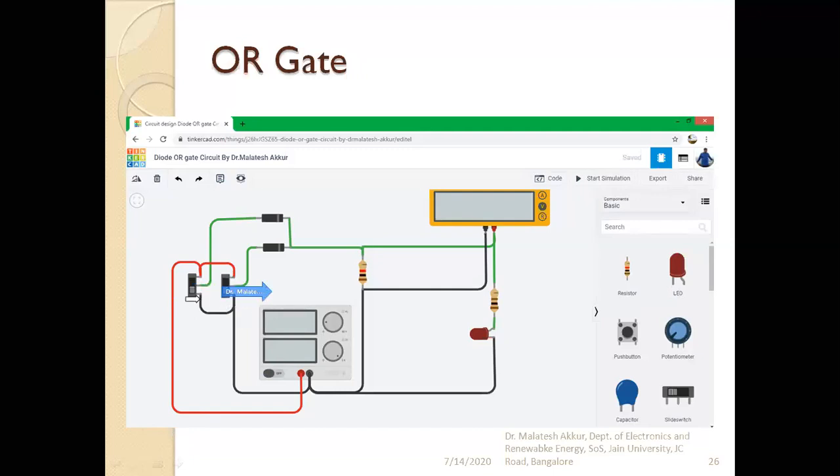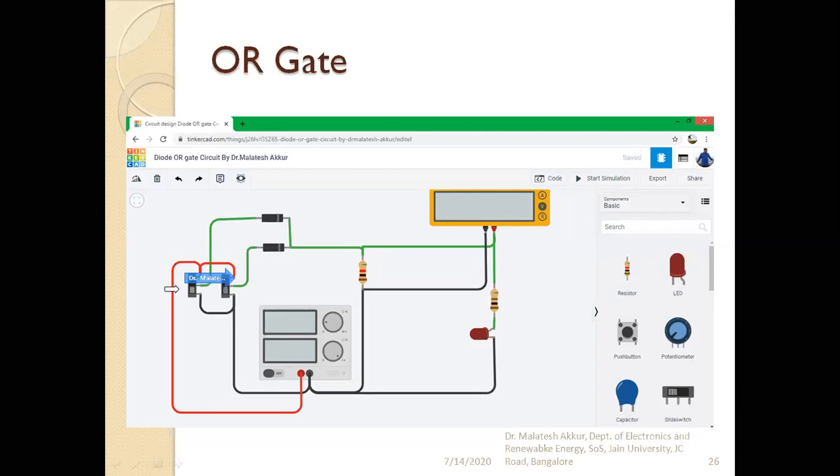So depending on the slide position, say for example, this is at the lower position, and this is also at the lower position, so it is equivalent to connecting A to 0 and B is also 0. Okay, if I slide it upside, and this is lower side, it is equivalent to A is 0 and B is 5 volts, or B is equal to 1. So like this we can slide the switches to the lower position or the upper position. So it works depending on just now how we discussed.